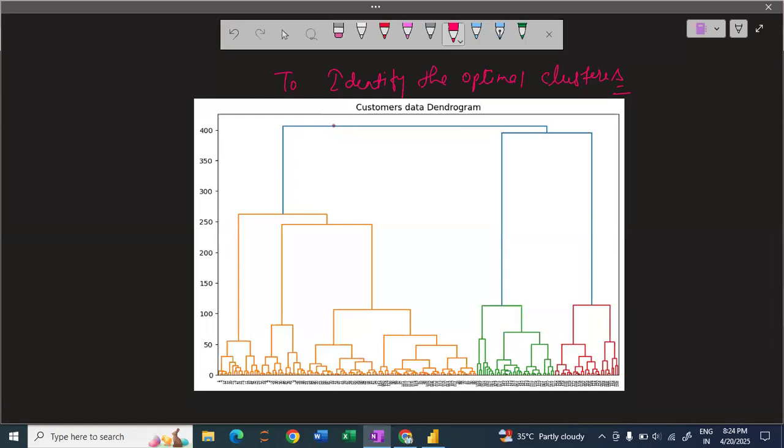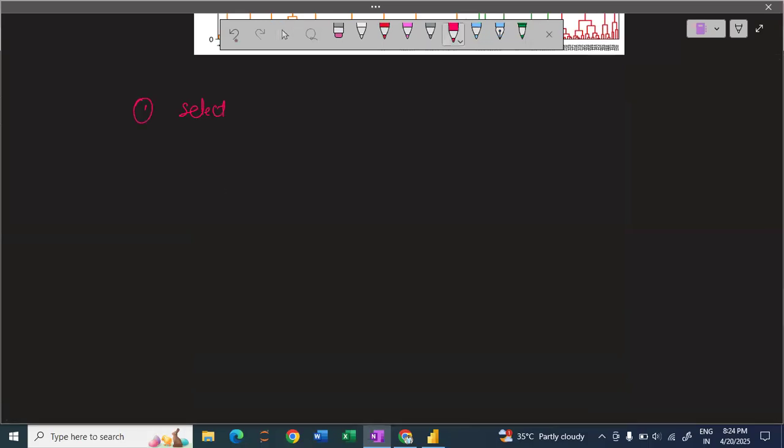So first of all, select the longest vertical line in the dendrogram,